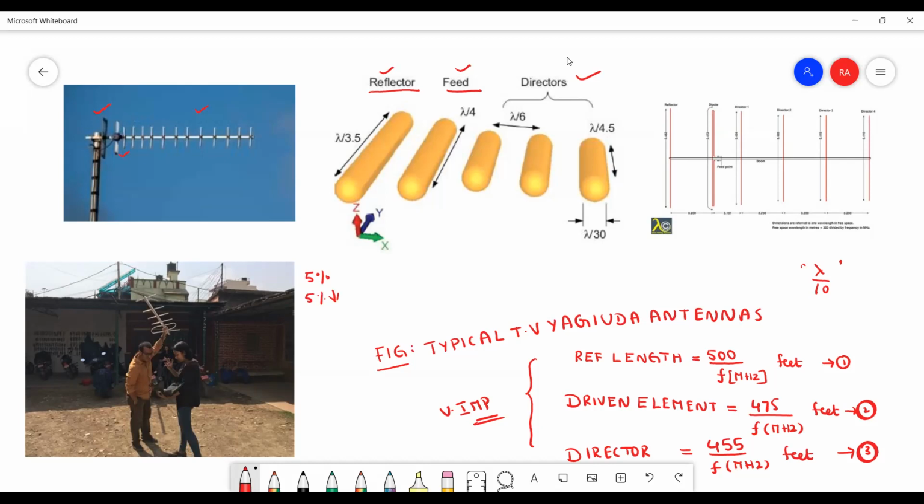So the parasitic elements can be clamped on a metallic support because at the middle of each parasitic element the voltage is minimum, so there exists a voltage node. Even the driven element may also be clamped if it is shunt fed, so the clamping over a support rod makes this type of rigid mechanical structure. So here they are employing the rigid mechanical structure.